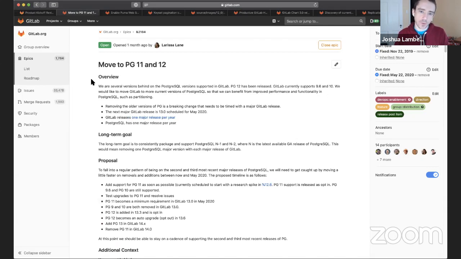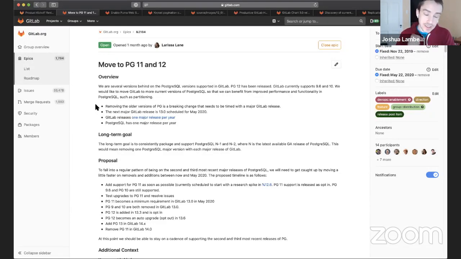The first way is we're working to establish Postgres 11 as the minimum required version in 13.0. This will allow us to take advantage of all the new features and functions in PG 11. Right now, we're kind of using 9.6 as the baseline. And there's just a bunch of improvements we can't realize without doing something like multiple code paths, which we're trying to avoid. And so we're setting a new floor here in PG 11.